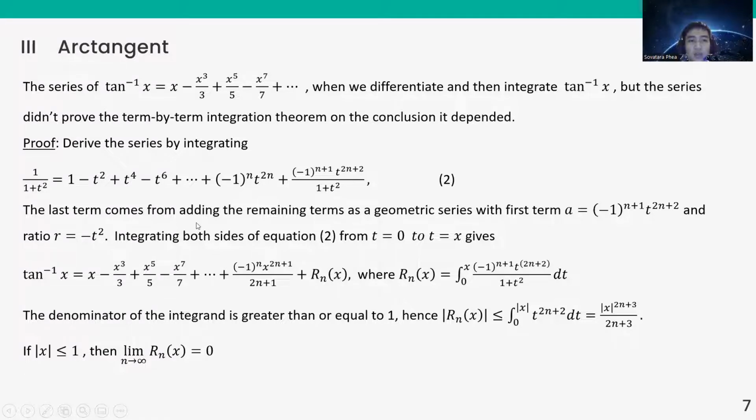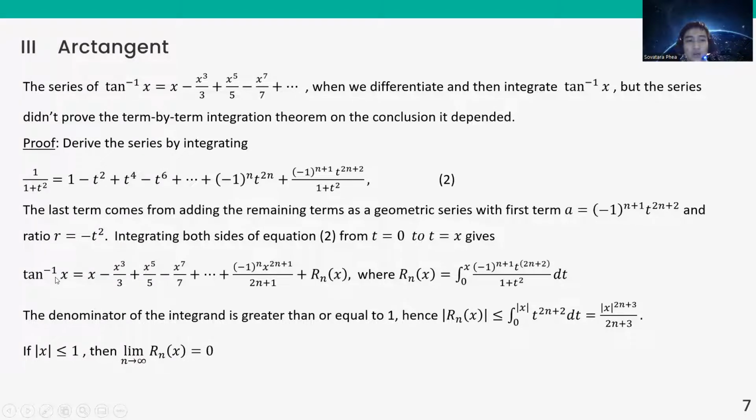And the last term comes from adding the remaining terms as a geometric series with first term a equal to (-1)^(n+1) t^(2n+2), and the ratio r equal to -t squared. Then integrating both sides of equation 2, from t equal to 0 to t equal to x,